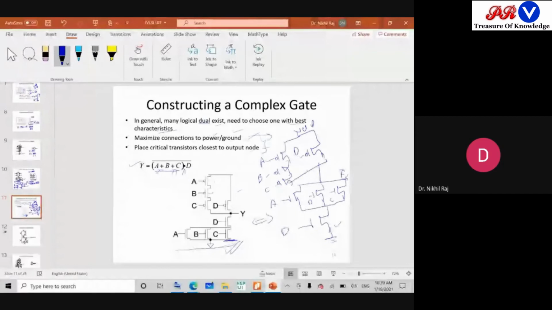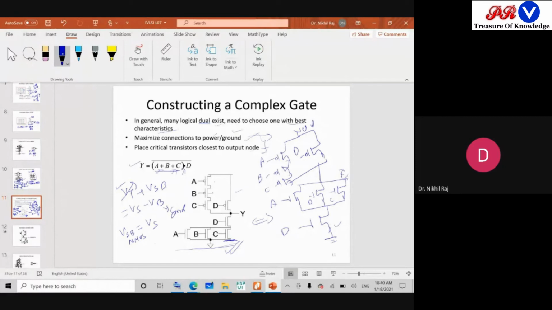Now, where does the efficiency come from? If you recall the body effect, what is the body effect? The body effect is nothing but VT variation due to the VSB voltage. VSB is VS minus VB. If it is an NMOS transistor, VB is connected to the ground. So VSB for the NMOS case equals VS. If VS is not 0, there will be some threshold voltage modulation. If it is positive, definitely the threshold voltage will increase.